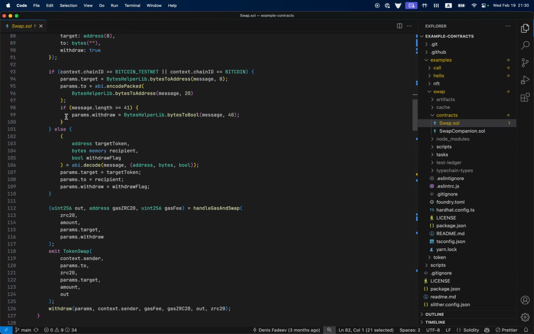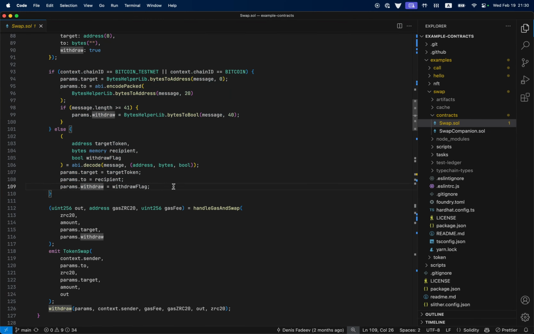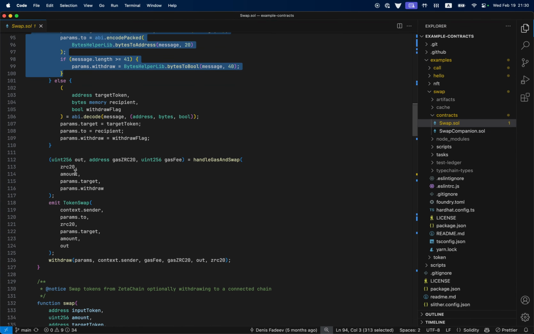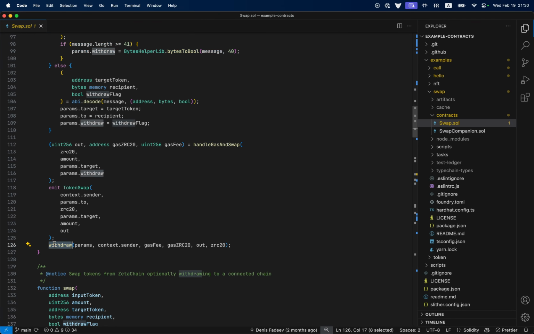And what it does is basically it decodes a message based on which chain it's coming from. Most chains are just going to use ABI encoding, so this else statement will be used. We're making separate processing logic for Bitcoin because in OP_RETURN at least we're very limited, so we can't use ABI encoding. But other than that, the logic is exactly the same. We're handling gas and swapping tokens and withdrawing. So